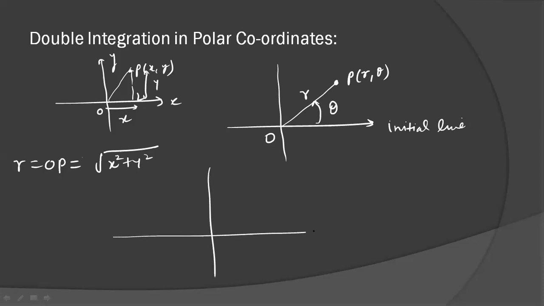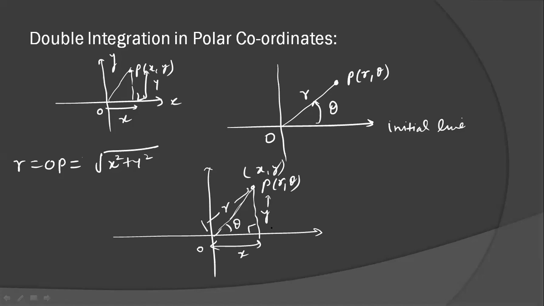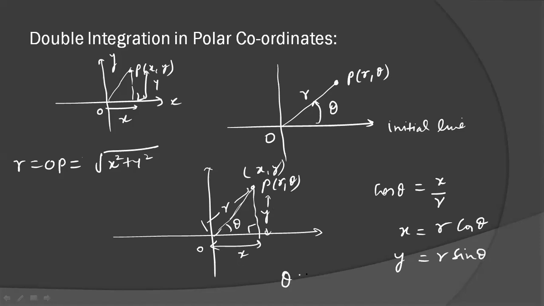If we merge both the axes, r comma theta and x comma y, at the same point, then you can see that this is the right angle. This length is x, this is your r, this angle is theta, and this is your y. If you apply cos theta in this triangle, you will get cos theta equal to x upon r, so x equal to r cos theta and y equal to r sin theta. Here you can see that theta is given as tan inverse y by x and r is given by under root x square plus y square. So this is the relation between the Cartesian system and the polar system.